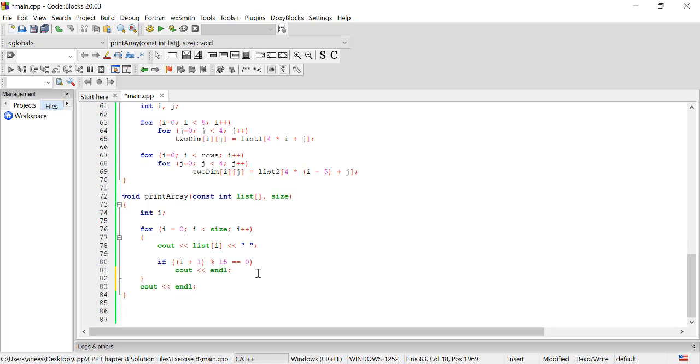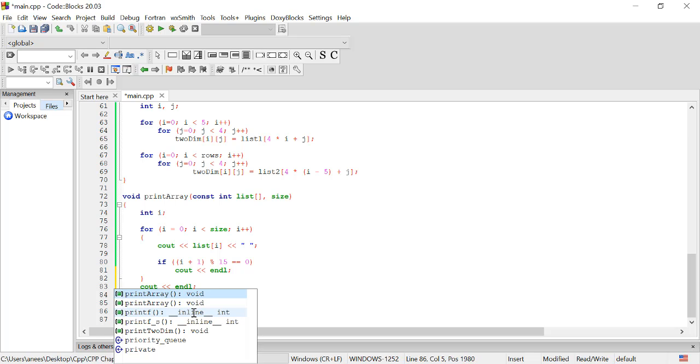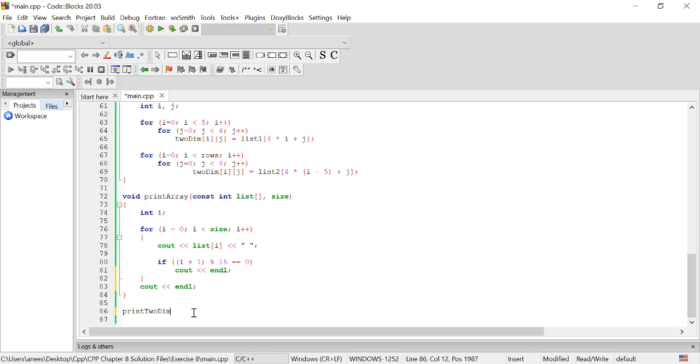And now we can go to another function. And this one is going to be the final function, and it's going to be print 2 dimensions. Now what we're going to do is, I accidentally turned on caps lock. First we need to actually write down the function, so we need to write in print 2 dimensions, 2-dimensional array. And then we write constant